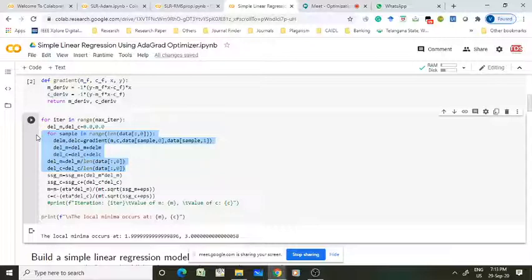So after the gradient, what do we have to do in AdaGrad? After calculating the gradient in AdaGrad, what did we do? We added the successive gradients. Yes, you have to square the gradient and add it continuously, right? That is called the sum of squares of the gradient. Remember, capital G_m2 equal to capital G_m2 plus small g_m square.